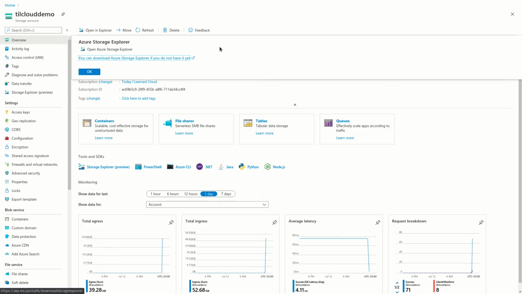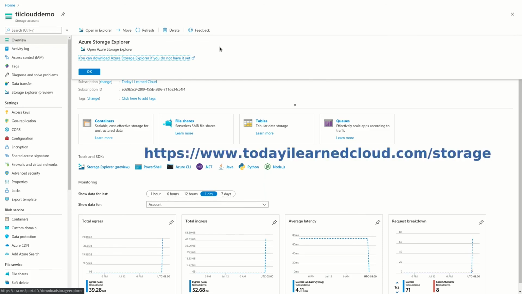So that is just a brief overview of Azure storage accounts, and essentially containers for blob storage and file shares for file storage, and how you might want to use them to store your data. If you want to know more or learn more about storage accounts and the differences between file shares and blob storage, you can visit the article at